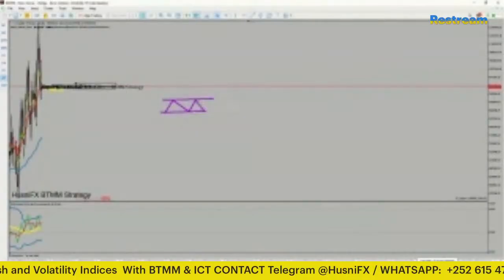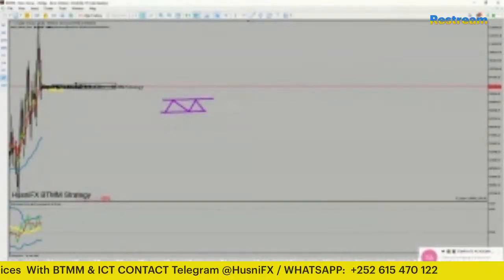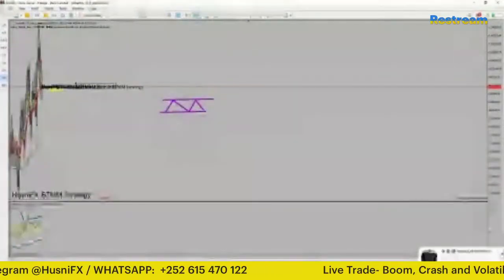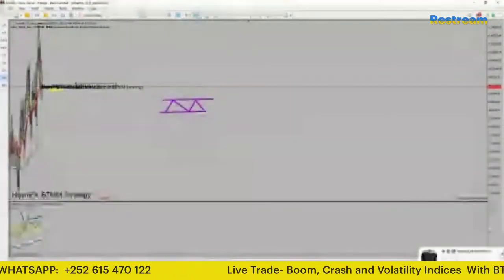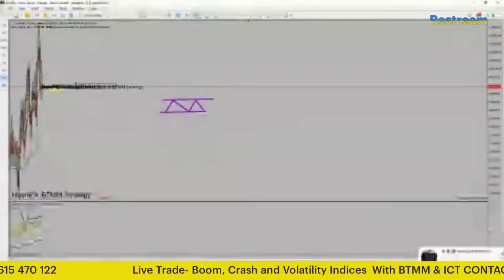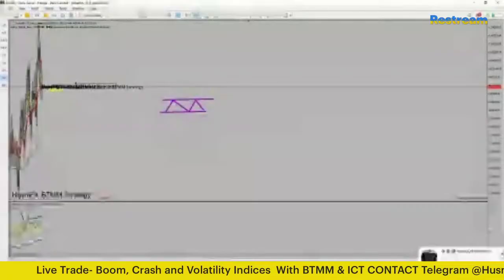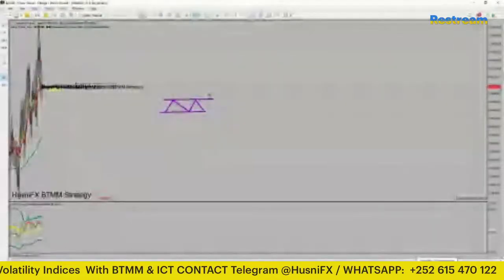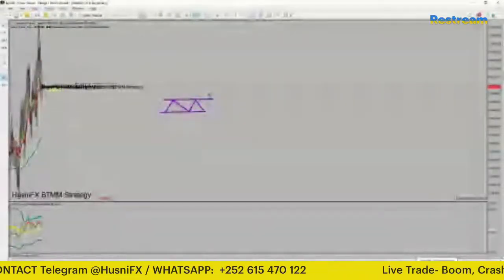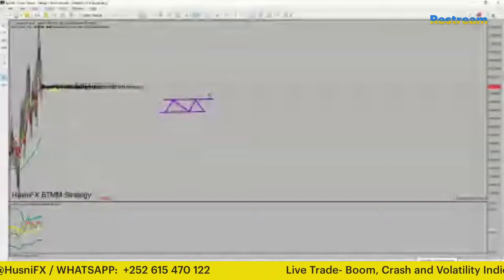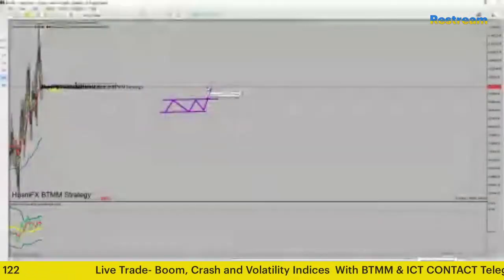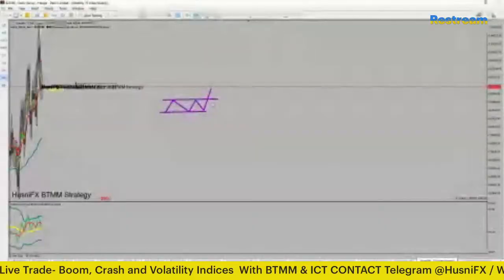So this is the market structure, the market cycle. It must break down or it must break up. Let us say the price has broken up. So what do you think then? That the price is buying, right? You think that is buying. Okay, what they will do is